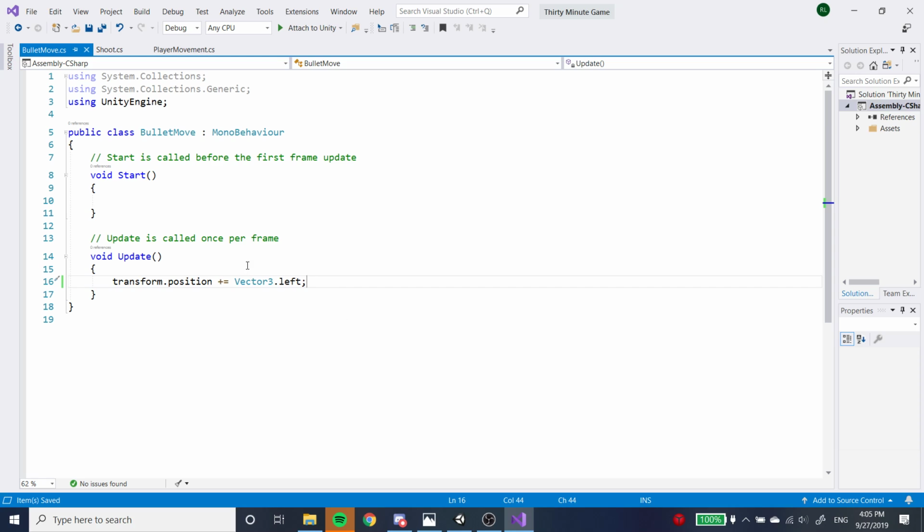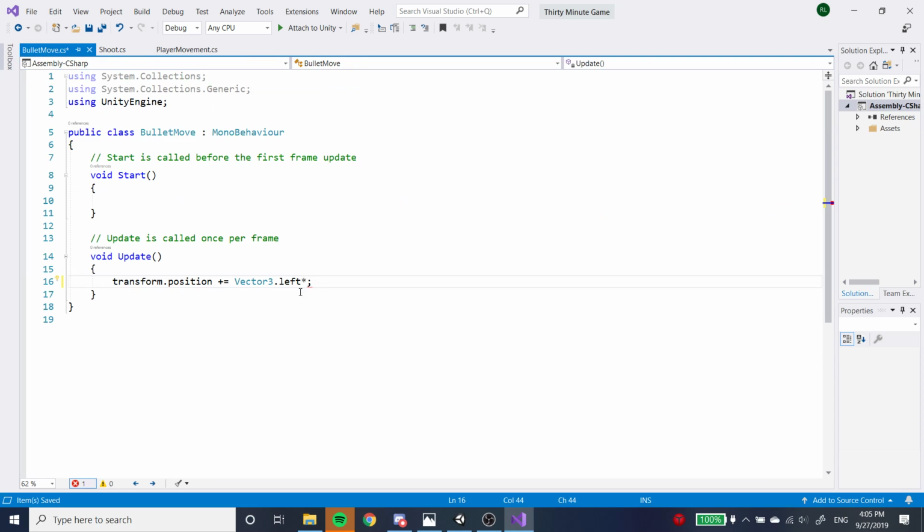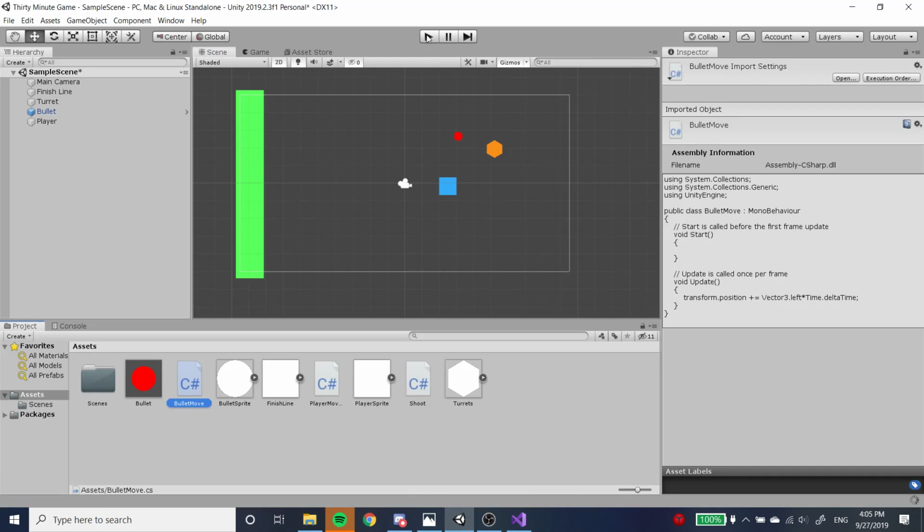Now, obviously, if you remember in the player movement, we had to multiply things by time.delta_time in order to make them not move at light speed. So time.delta_time. We multiply by time.delta_time, and now when we run the game,